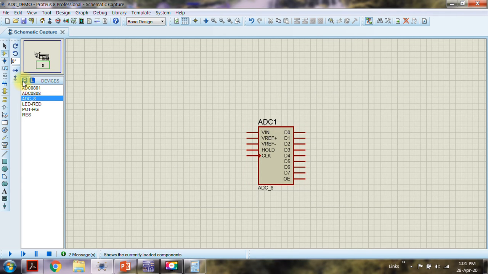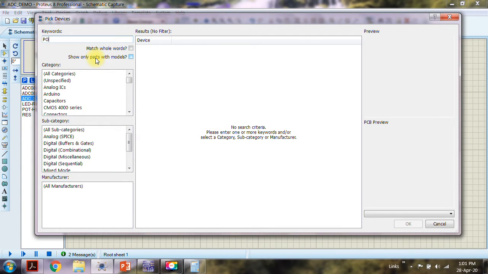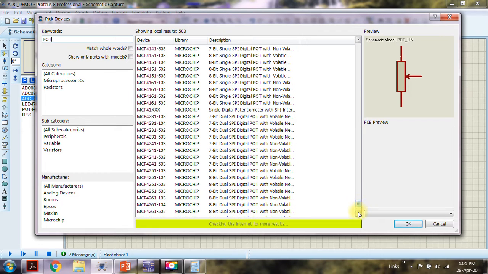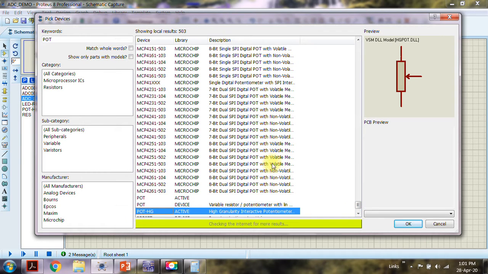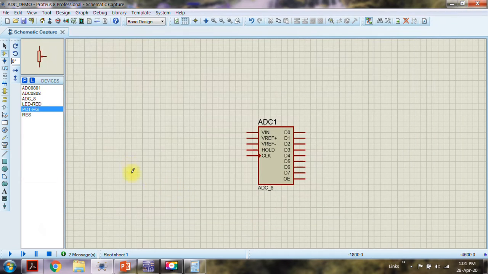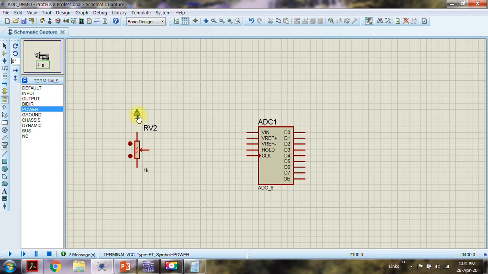Now again I am going to get a pot for varying the input voltage. Use POT-HG always, high granularity. I am going to power it with 5 volts. By default this is 5 volts. Don't change this at any time. Then again I require a reference which is the same, 5 volts,